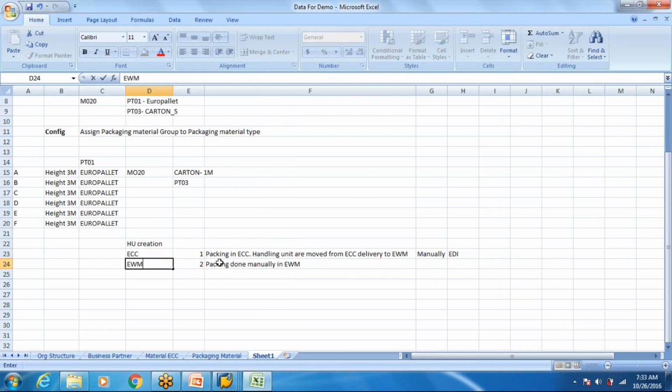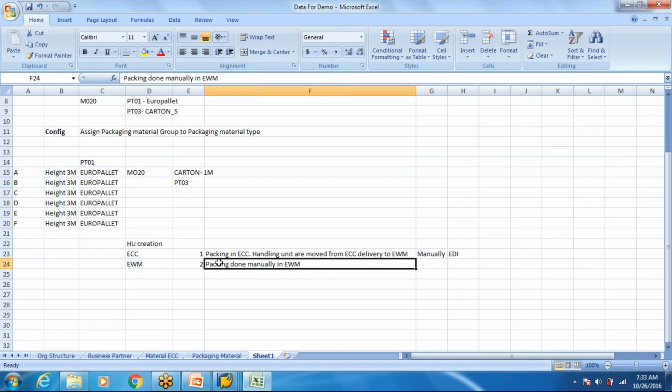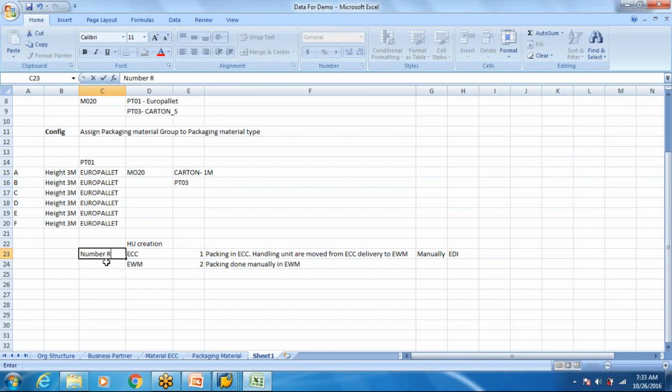HU creation for scenario 2 was in EWM, because we did packing there. Now, when the HU is created in ECC, the number range should be internal in ECC, correct?